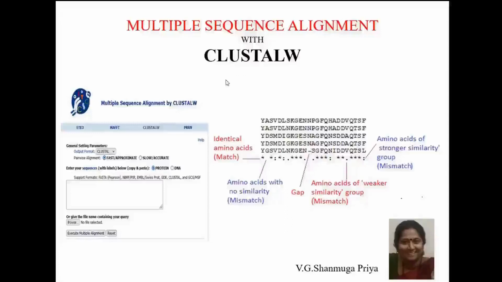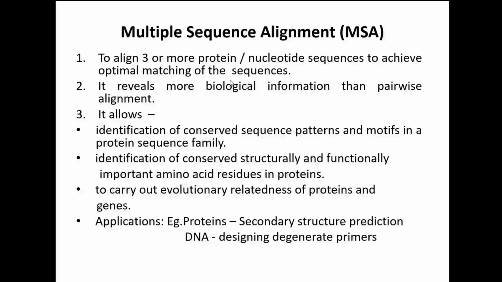Hello, today let's see about multiple sequence alignment with the Clustal W tool. Multiple sequence alignment is about aligning three or more protein or nucleotide sequences. It reveals more biological information than pairwise alignment. For example, in pairwise alignment, when we are aligning two protein sequences, we come to know about the amino acid